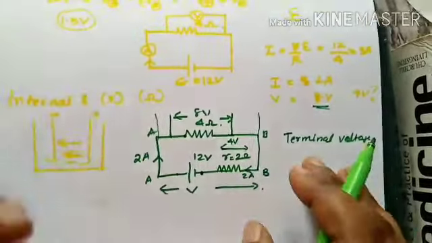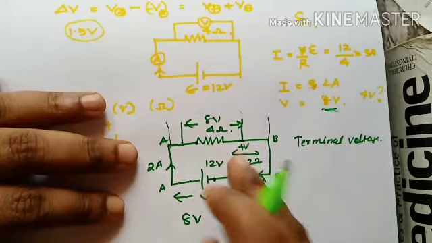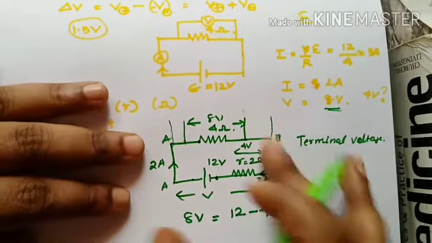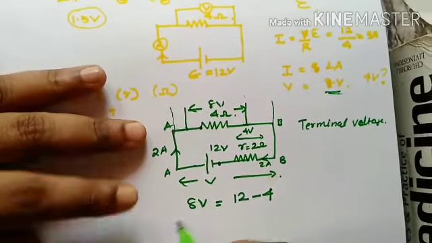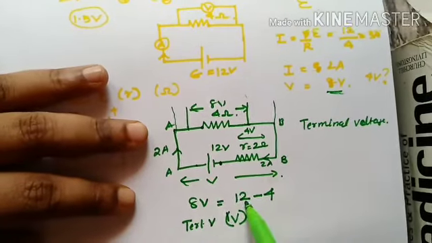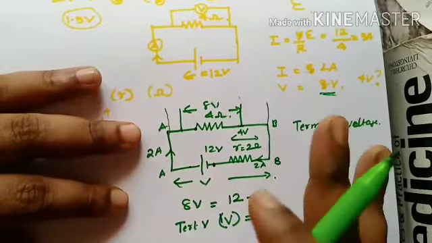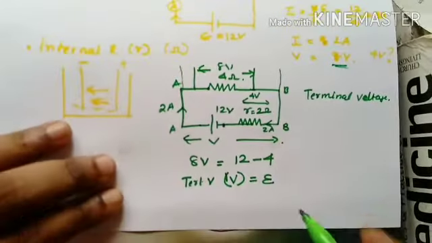Let's see that you can get an equation in simpler terms. See, what is 8 volt with this circuit? I can mathematically say it is 12 minus 4, depending upon the parameters here, right? So what is 8 volt here? That is across A and B, or I can say that is your terminal voltage, and it is usually indicated by V. Clear? What is 12? 12 is the EMF of the cell. That is when it is not connected to any circuit. So that is your EMF, so I can write it as E.